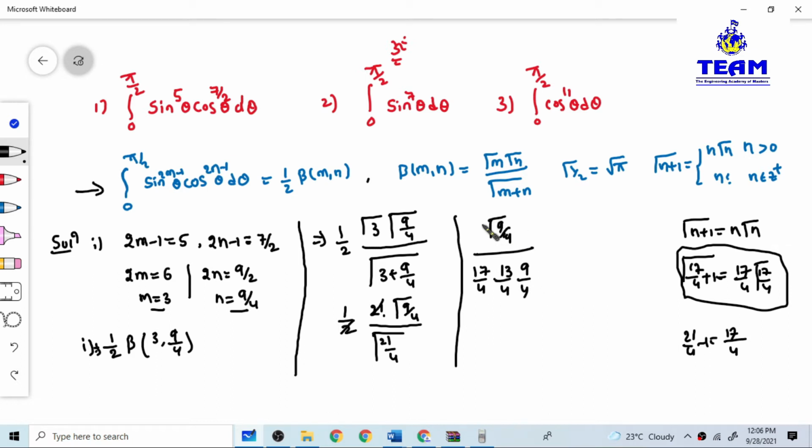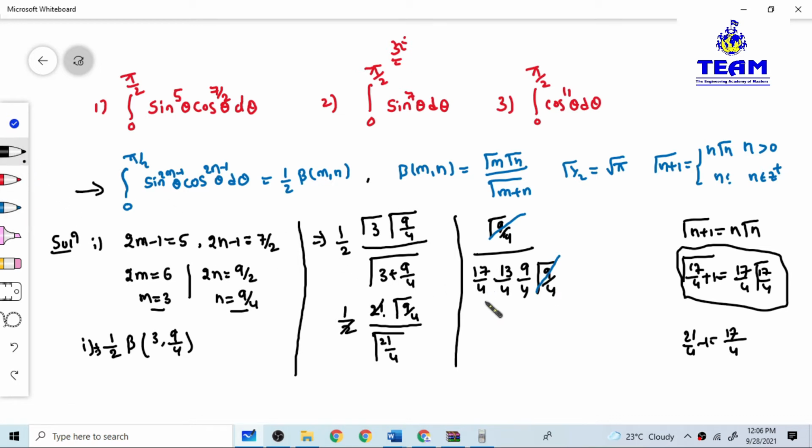Okay, in the numerator you have 9 by 4, gamma 9 by 4, is there, na. So up to this only you express, no need of one more also. If you express one more, then you will have 5 by 4 into gamma 5 by 4, but the numerator is containing 9 by 4. That is the reason up to this I am stopping. Okay, this expression is enough. Now numerator 9 by 4, gamma 9 by 4, denominator gamma 9 by 4 getting cancelled.